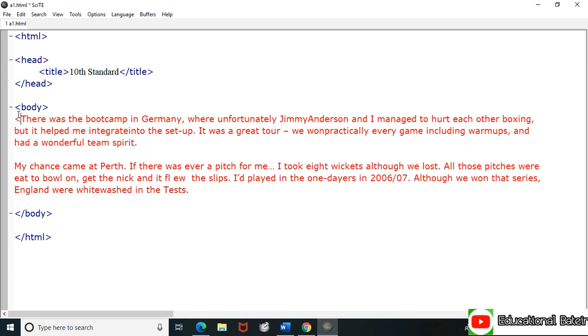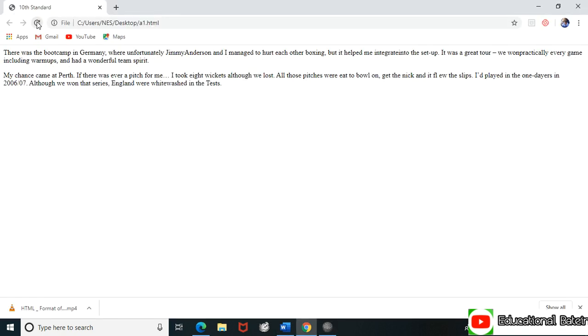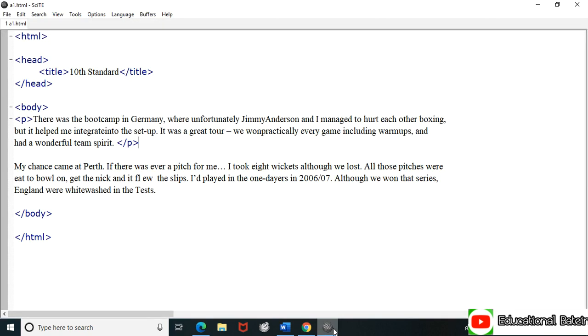To include a paragraph, you can use the p tag. It starts with p and ends with slash p. Same way here. One more thing, in the last paragraph of your file, if you do not add the p tag, it will work a little bit the same as a paragraph. It will not have all the attributes of the paragraph tag, but it will look like a paragraph. Let us check here. I saved this file and I'm refreshing. So you can see there are two paragraphs now. In the second, I have not used the paragraph tag, but still it is showing as a paragraph.